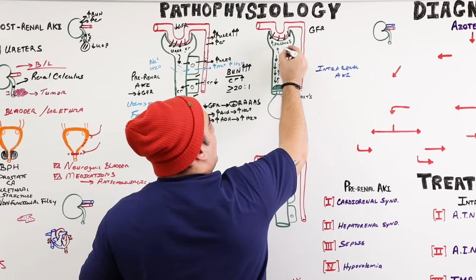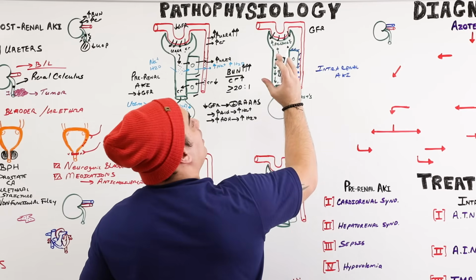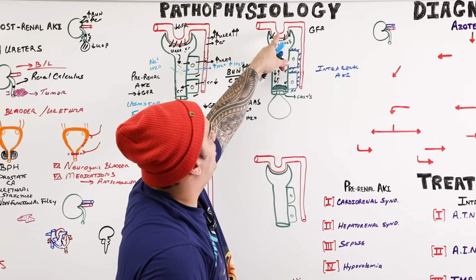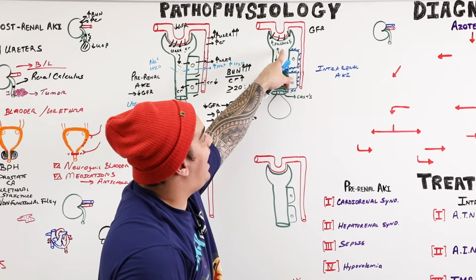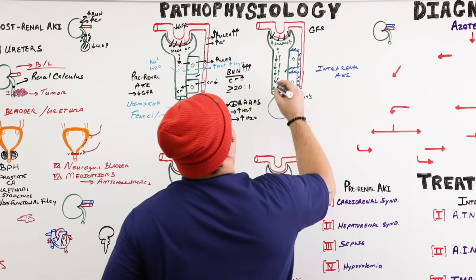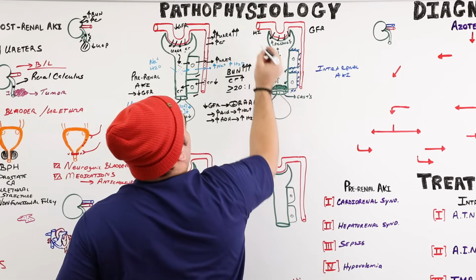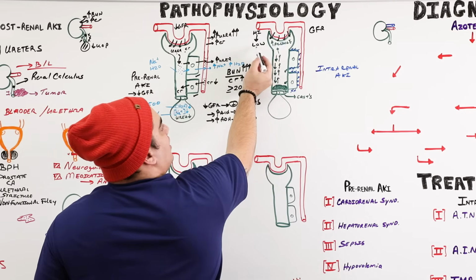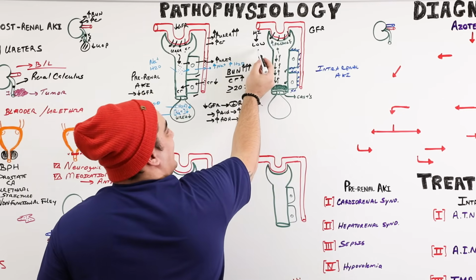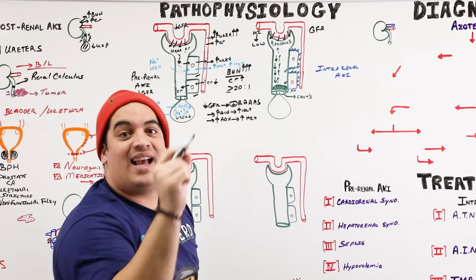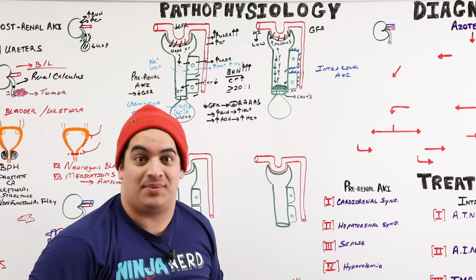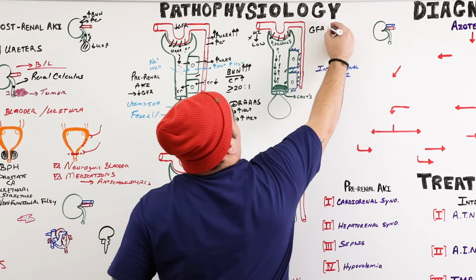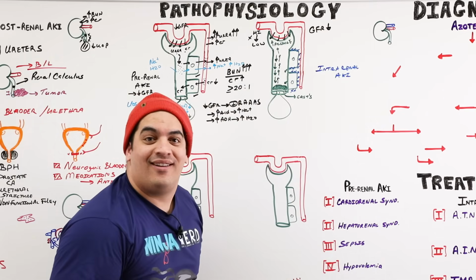Imagine that the capsular hydrostatic pressure is super high. It's going to affect filtrate that wants to move from the glomerulus into the capsule, because things always want to move from high pressure to low pressure. That's the desire. But what if the pressure is now not as low as you prefer? It's higher. It's going to decrease the glomerular filtration, the amount of substances that will be excreted. So this will be affected significantly, and that will reduce the GFR.